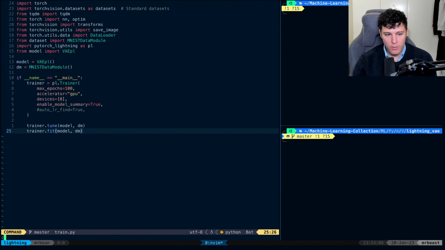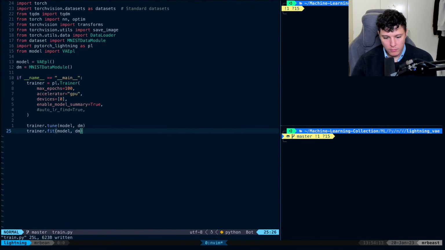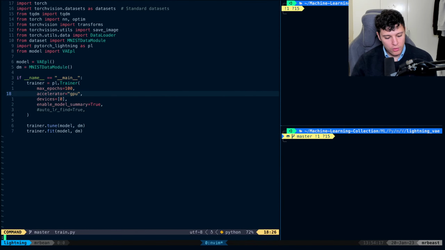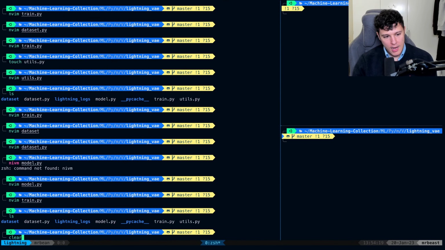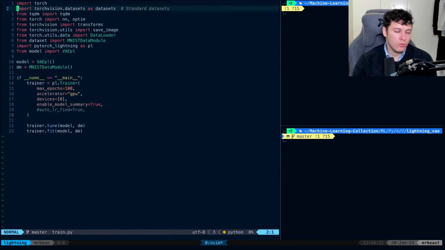Actually we'll do this. Tmux attach, lightning. Let's go. This is where we finished off. And again, what we're trying to do now is to convert a variational autoencoder to PyTorch Lightning. So we have a bare bones PyTorch implementation, and now we're trying to convert it. And we're trying to learn stuff like, well, how do you,